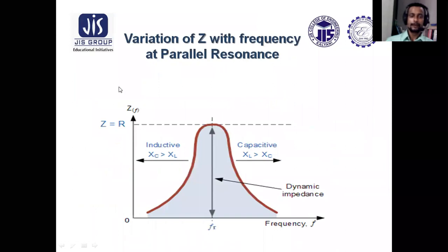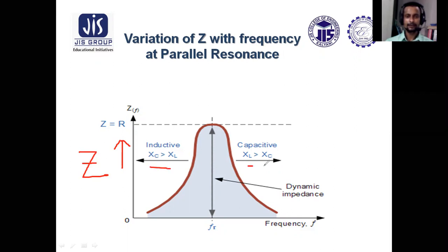Now, you all are familiar with this graph. In the last class, we discussed this graph, but this was for series resonance. This is the curve of current varying with frequency. But in case of parallel resonance, this is somehow different. In which sense? This axis in parallel resonance is the impedance axis instead of the current axis. In series resonance, this is the current axis. In parallel resonance, this is the Z axis.